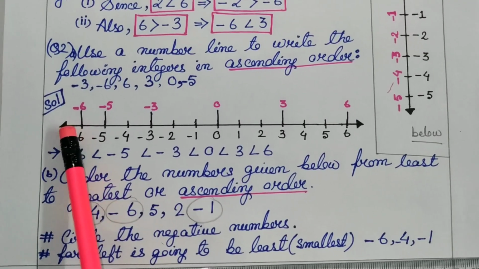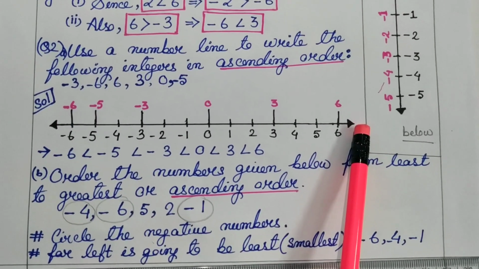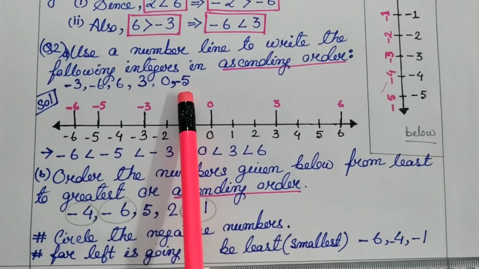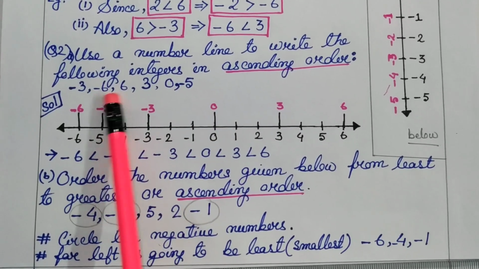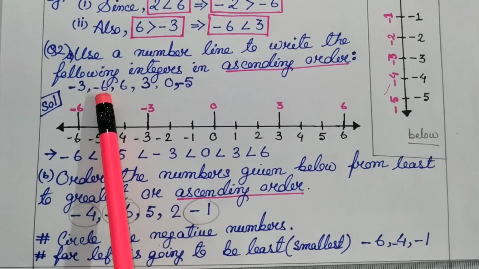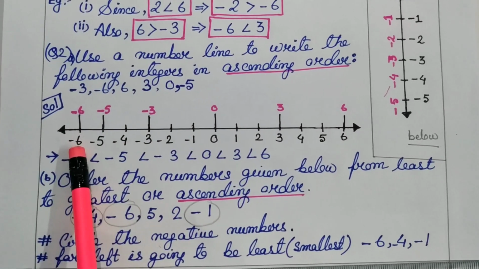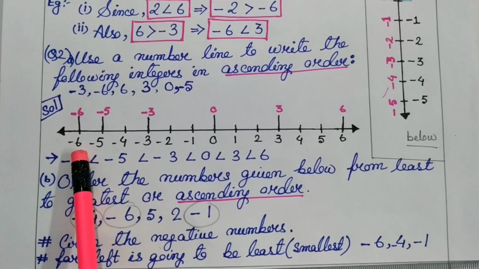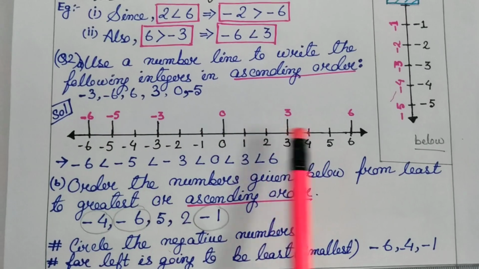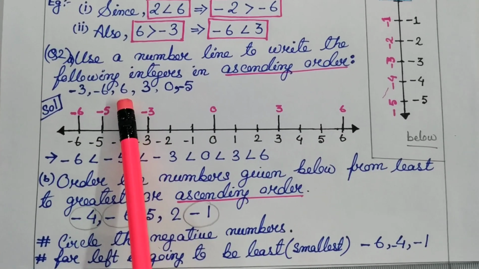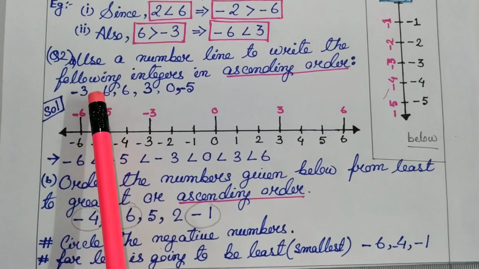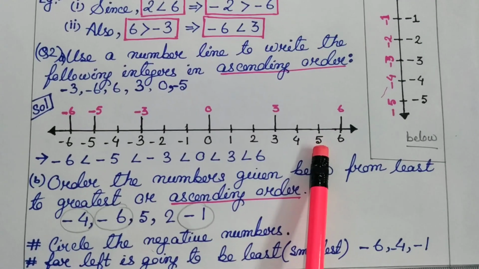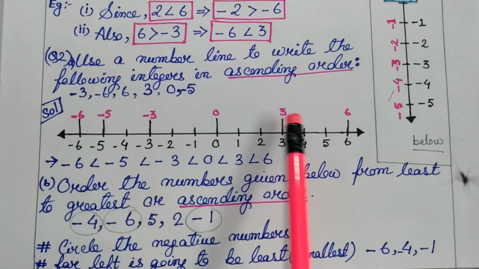First, what do I have to do? First we will draw a number line. And we will see what is the highest value. Over here, see, plus 6 and minus 6 are also there. So over here, 6 should be there in the number line. You can write more, but 6 should be there, because plus 6 and minus 6 both are there. That means in the number line, both plus 6 and minus 6 should be there. Understood?